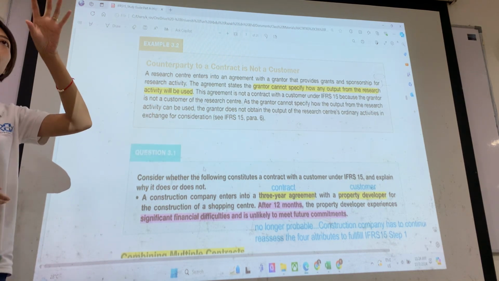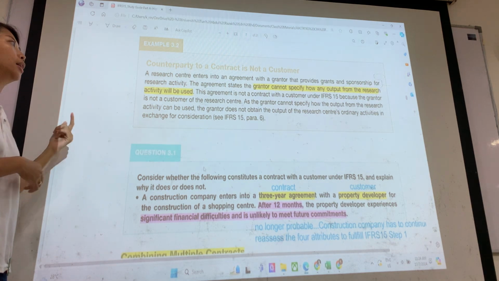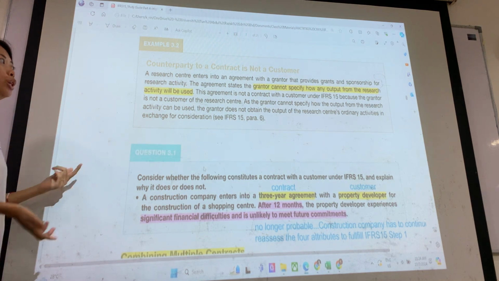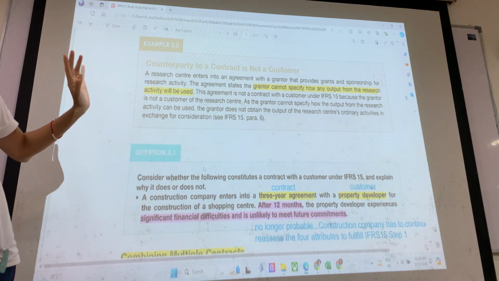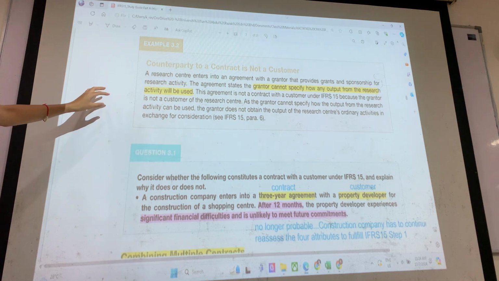We cannot take this 1 million as revenue. Okay, so this can be considered as other income, but this is a donation like this. So it is not IFRS 15. It is not our sales or not our revenue. So how about question